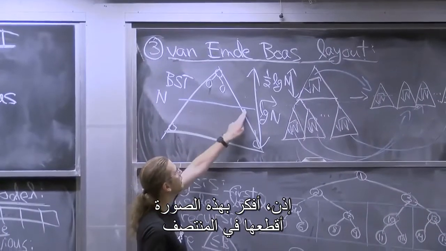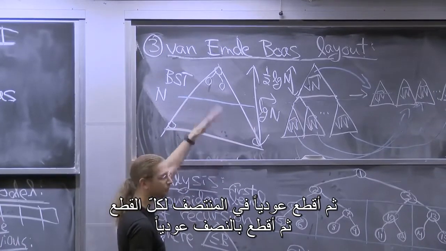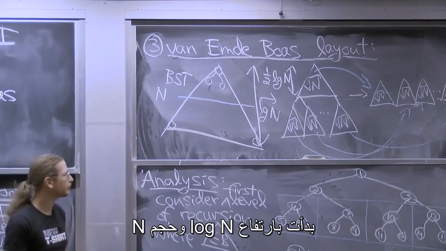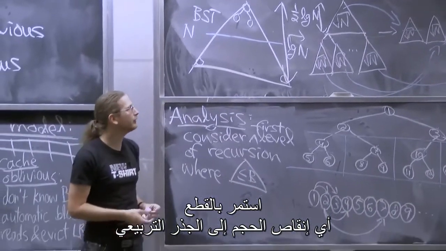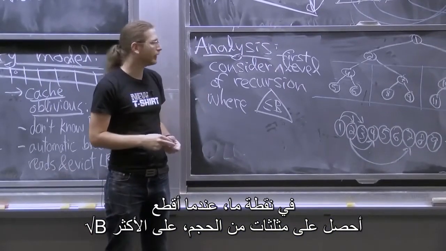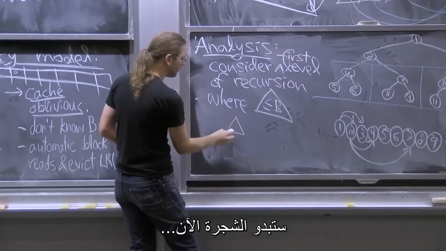I cut in the middle, then I recursively cut in the middle of all the pieces, then I recursively cut in the middle. I started out with a height of log n and size n. I keep cutting, basically square rooting the size. At some point, when I cut, I get triangles that are size at most square root of B. So the tree now will look